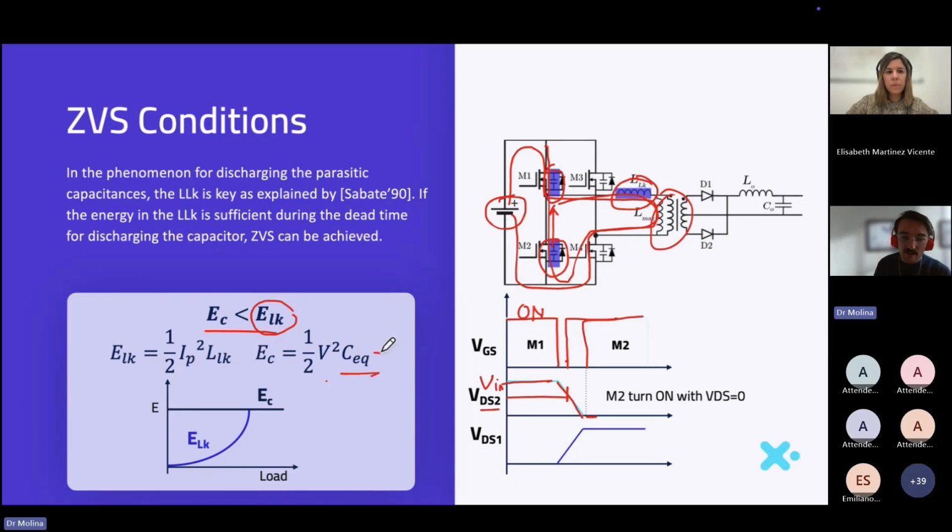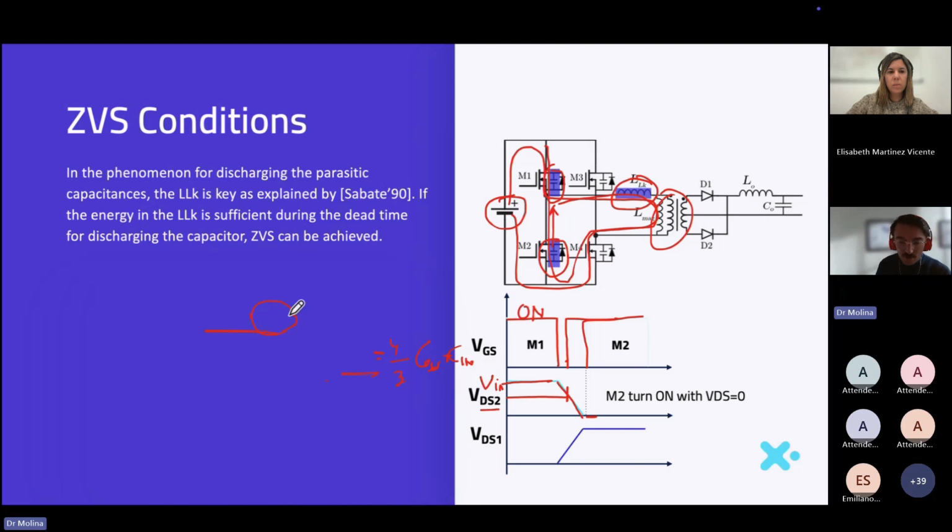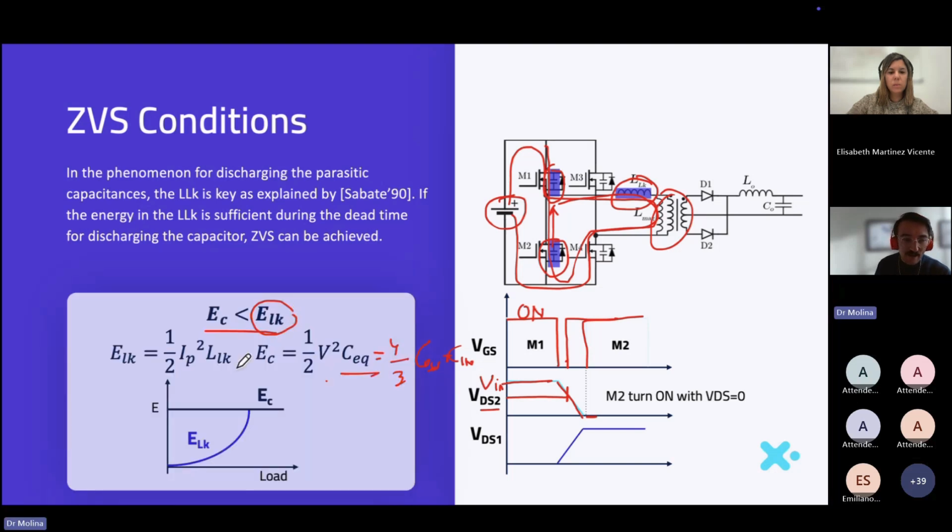That usually is something like 4, 3 Coss plus. There is a paper from Sabate that is great about this: input capacitor of the transformer. But the equivalent parasitic capacitance here is the one that you need to use, and then what you are going to calculate is the value of your leakage inductance needed